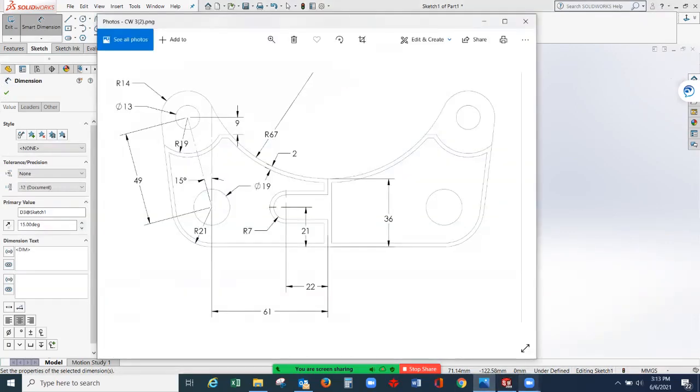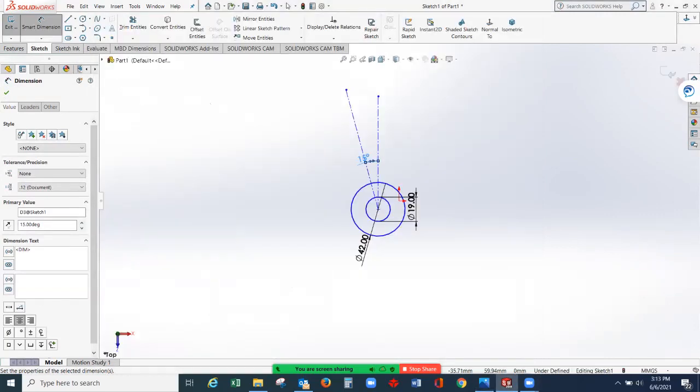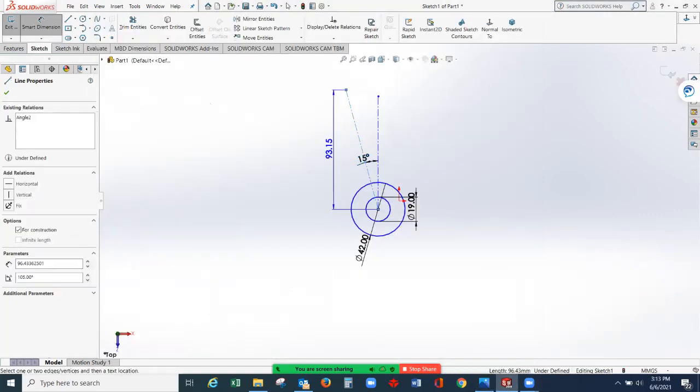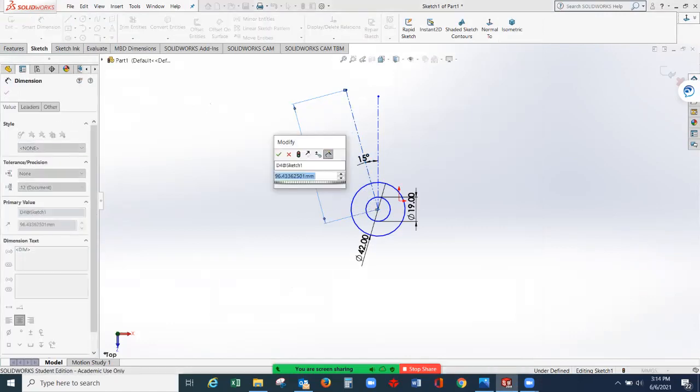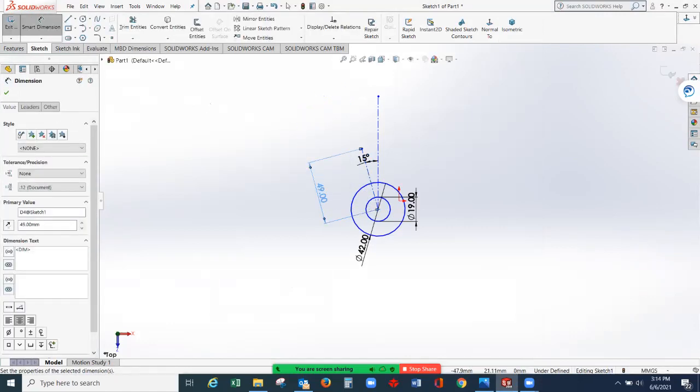You check the drawing, this is 49 millimeters. So let's check this angle here. This is 49 millimeters, so 49.